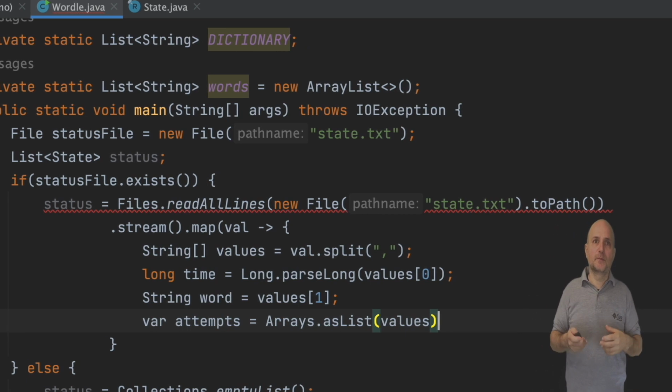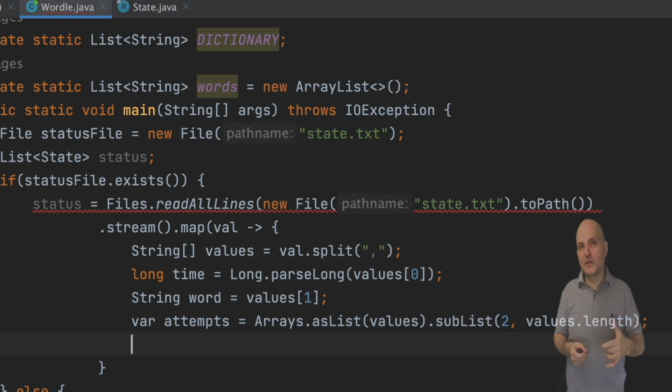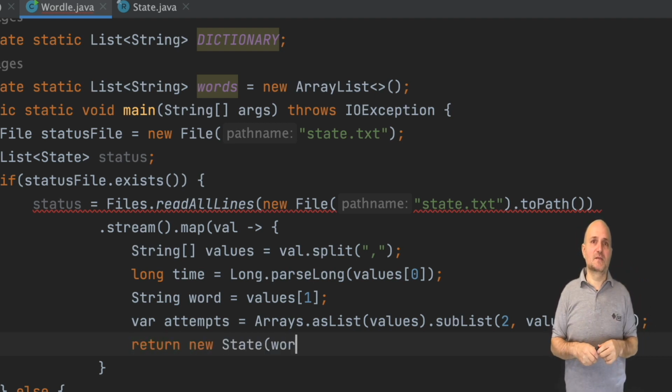How do we do that? We can use the subList method to return a list that includes only some of the elements. We give it the index range. The starting index is 2, as we don't want the first two elements. The last index is the same as the length of the array. This will produce a list that doesn't include the first two elements.